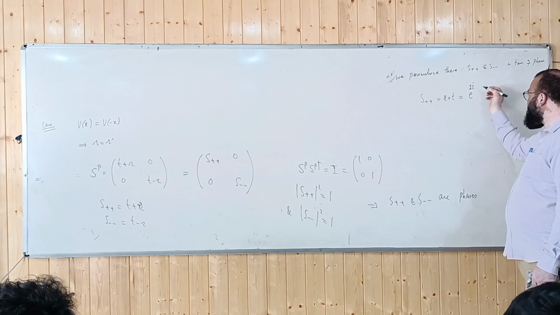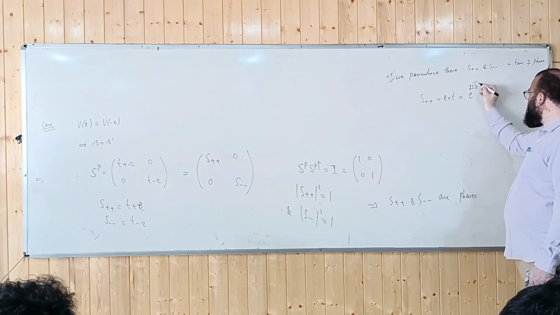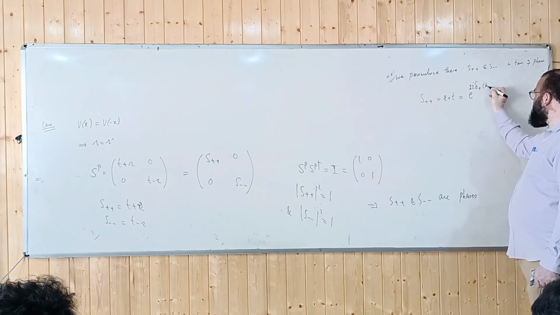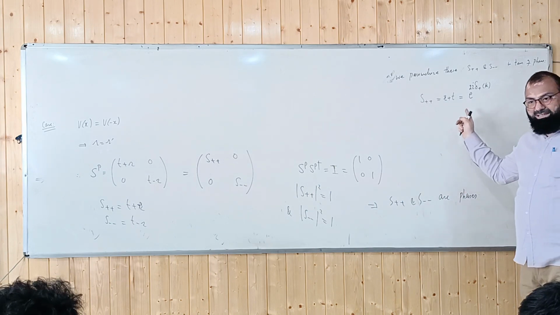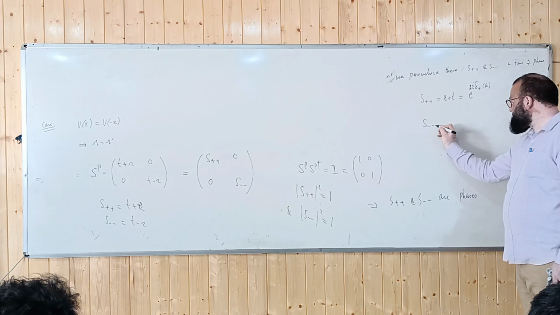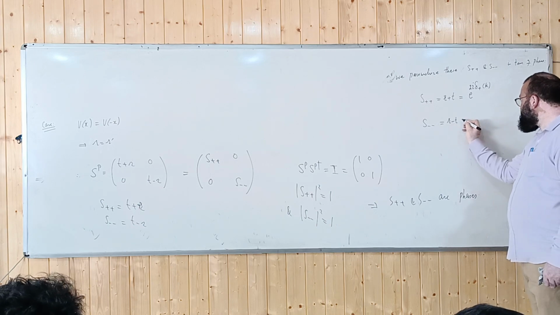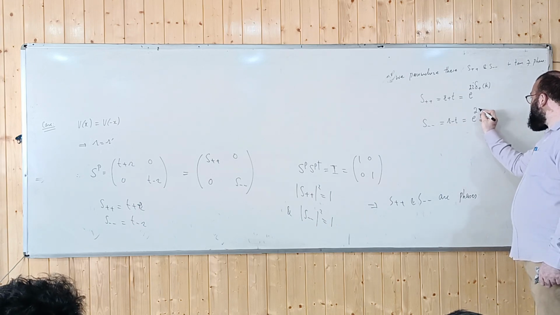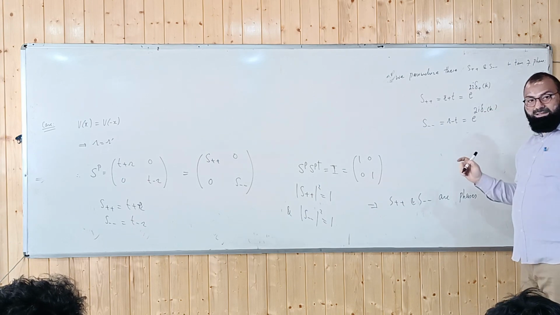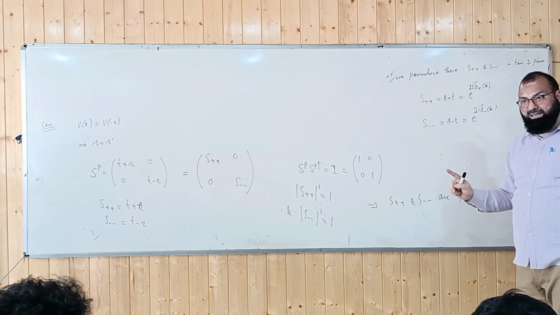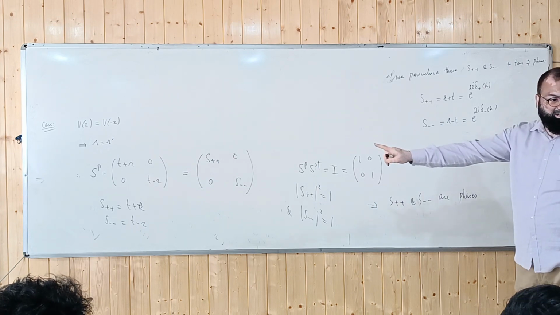This 2 is simply a factor, nothing special. Plus means the even parity. I will write S minus minus, which is r minus t, equal to e raised to twice i delta minus of k. Why? Because this phase has to depend on the energy of the particle, since r and t depend on